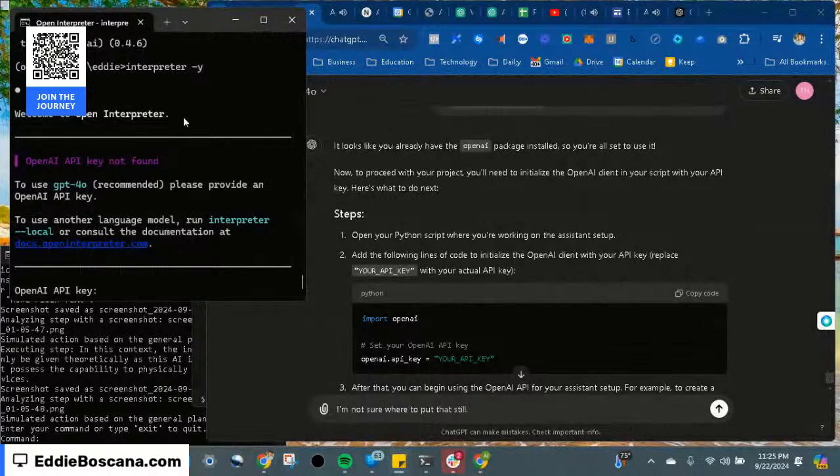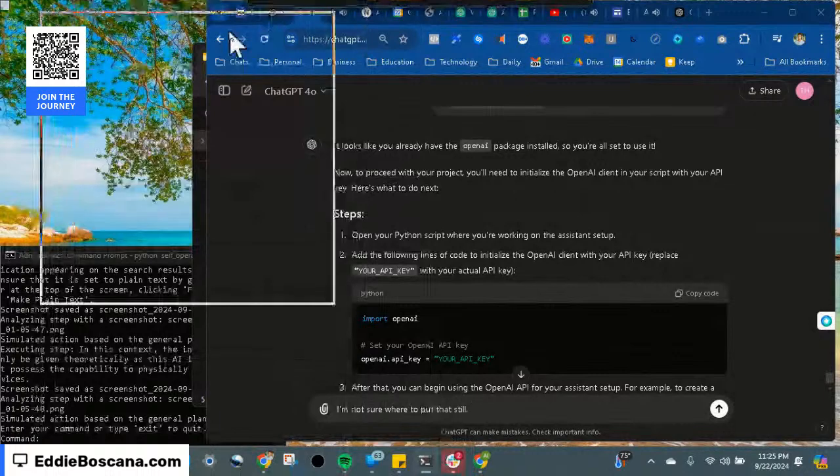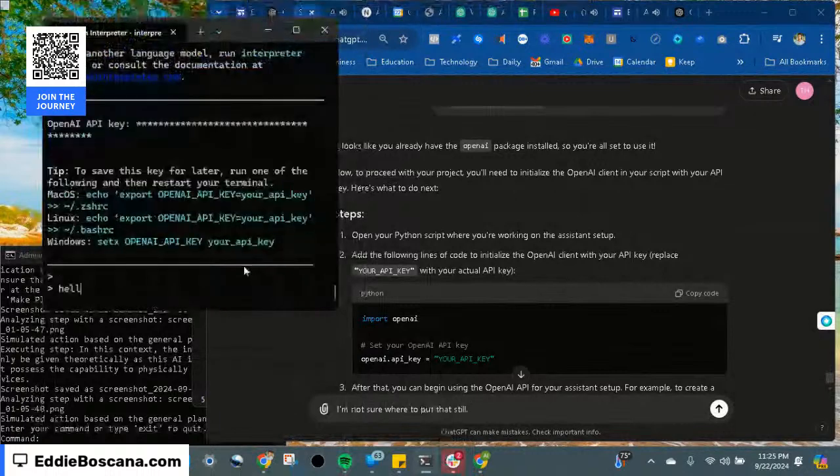Precisely, and the beauty of it is that OpenAI handles all of this complex embedding stuff for you. You just upload your files and the AI knows how to make sense of them. So I don't need to be a data scientist or a machine learning expert to take advantage of this. Not at all. OpenAI has made it incredibly user-friendly. They've taken care of all the heavy lifting so you can focus on what really matters, designing and building incredible